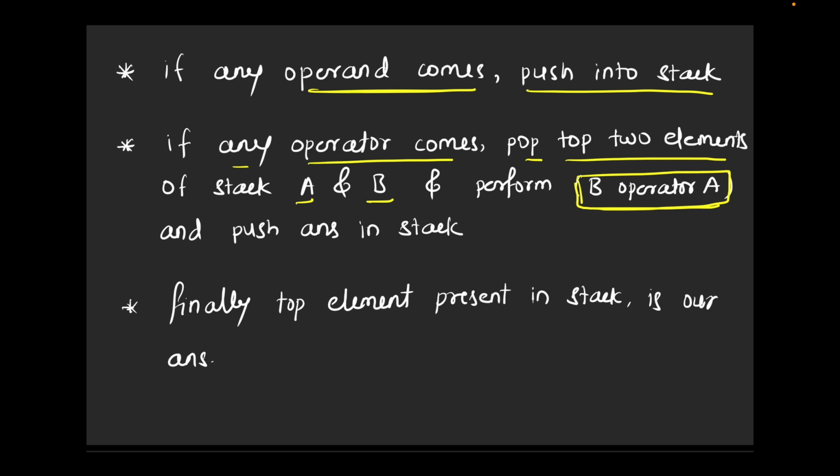B operator A is so important. Not to do A operator B, because it will give us the wrong answer. And finally, whatever the top element present in the stack, this is our answer. Right? So in order to understand this algorithm really well, we will have one more